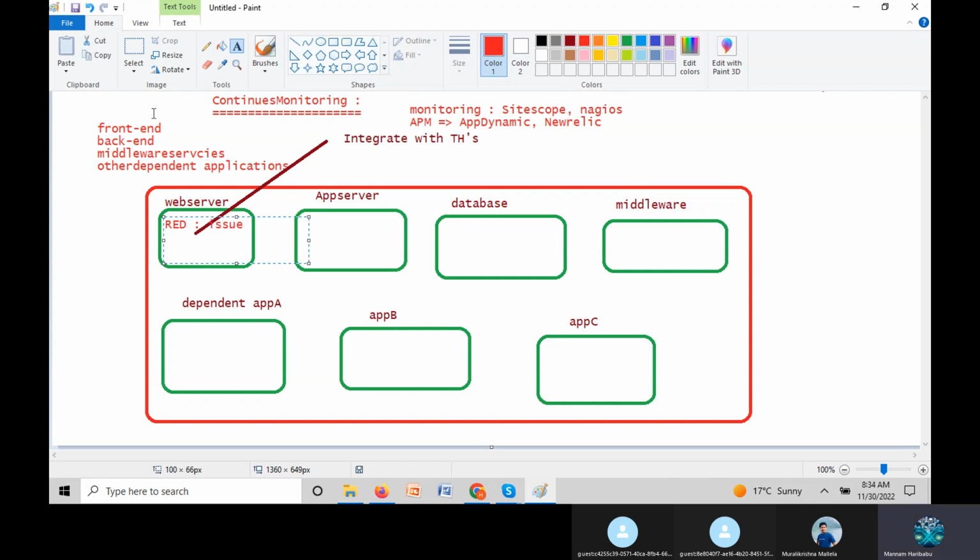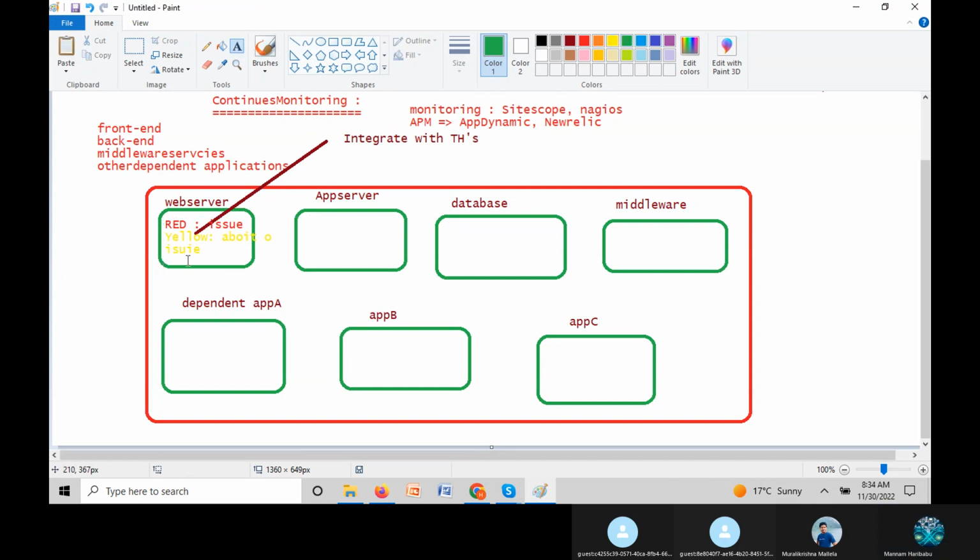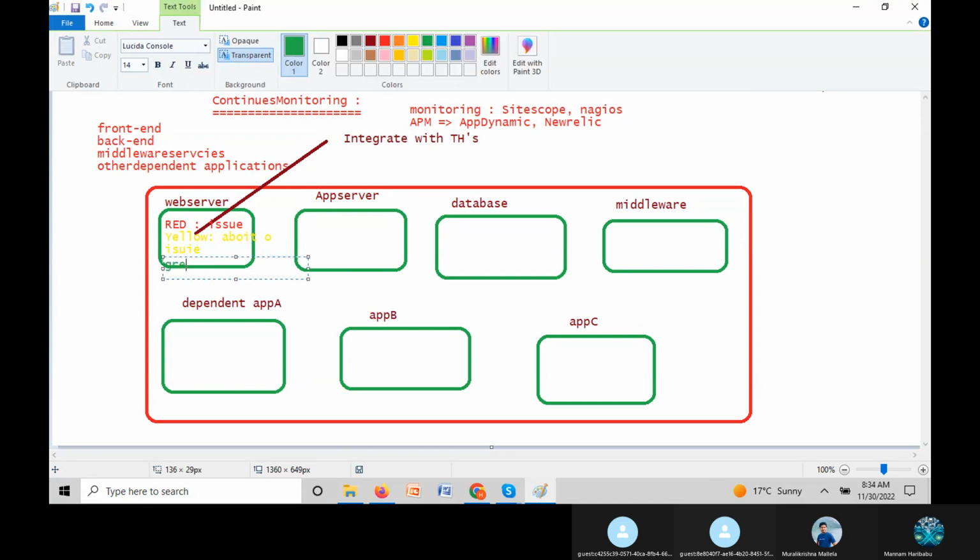If the server is yellow, it is about to have an issue. If the server is green, it is good. You understand that? So automatically, based on that, we can proactively,